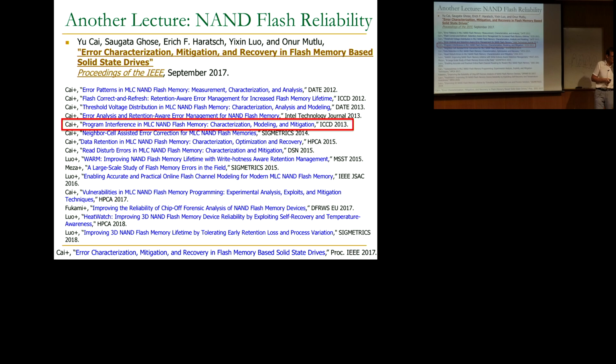Can you manipulate the read voltage too? Yes, you can manipulate the read voltage too, sure. And there are actually other proposed mechanisms to manipulate the read voltage to minimize the error rates. And actually, a lot of flash controllers do that today. Whenever the distribution shifts, for example, they also shift the read voltages so that they can minimize the error rates.